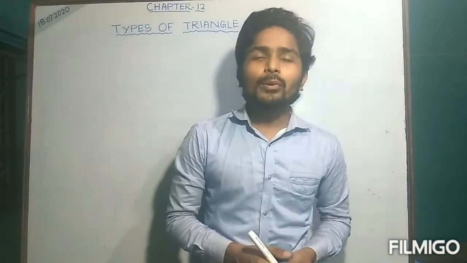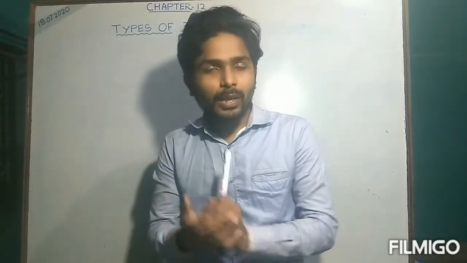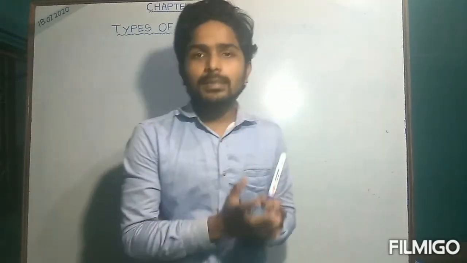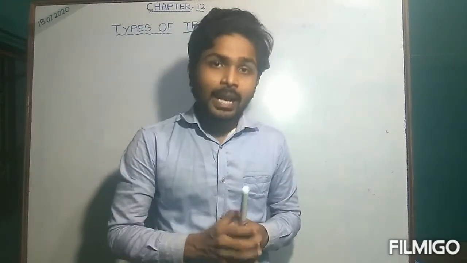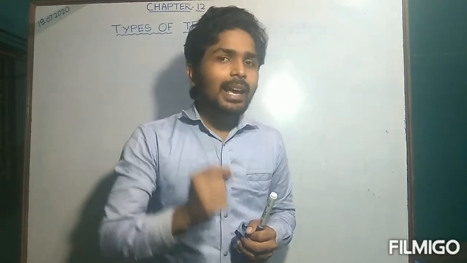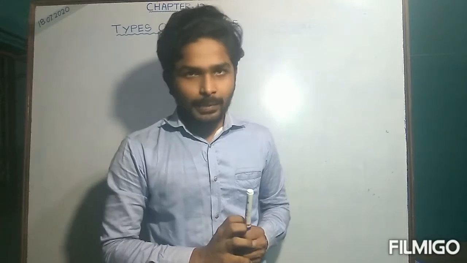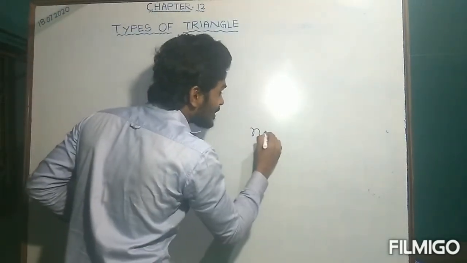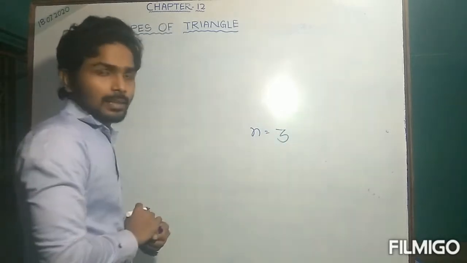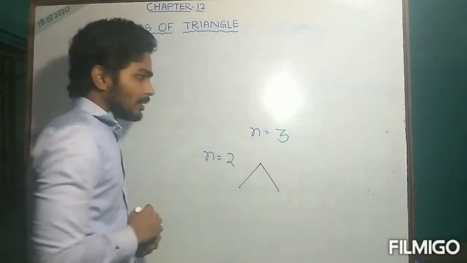Hello students. In the previous two classes we discussed what a polygon is, the types of polygon, as well as the sum of the interior angles and the exterior angles of any polygon. There we got an idea that a polygon is possible by taking at least three sides. So in order to form a polygon, how many sides do we need? We need n equal to how much? Three sides, because by taking two sides we cannot draw a closed figure.